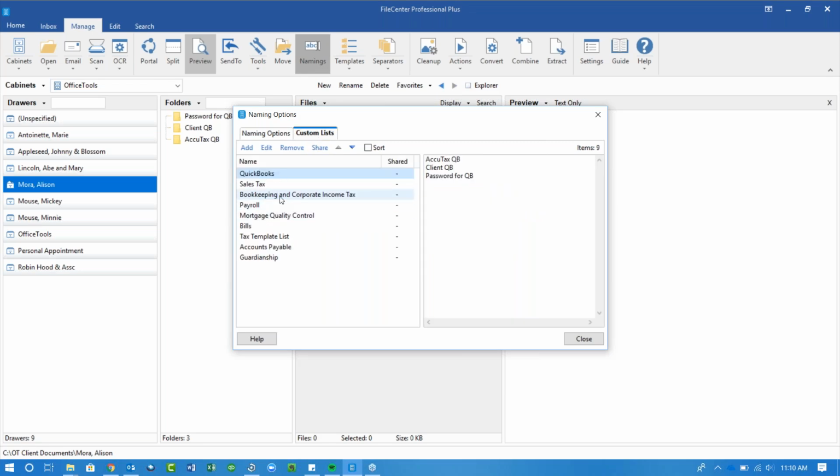And predefined document names, what that's really great for is that you can come in and create a list of all the different documents that you might store inside of FileCenter or inside of the OfficeTools program. And what's nice about that is then when you're scanning a document or printing or storing a Word file or anything like that, you'll have a list of all those predefined document names, so that when